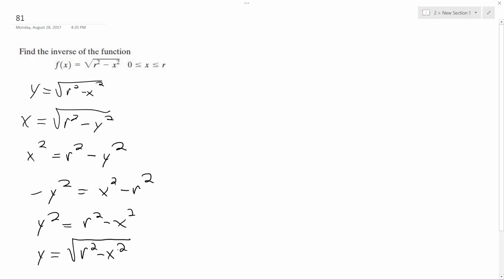All right. So this is our inverse function. But we're not done yet. I got to test this out. So f of